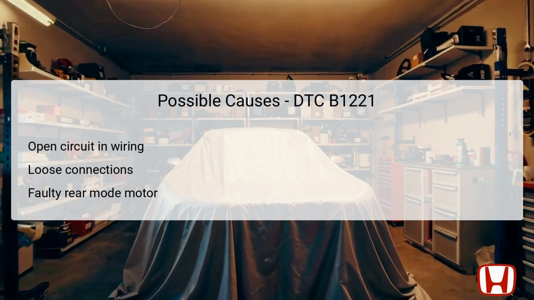Loose connections at either the rear mode control motor or the AC control unit can also disrupt proper operation. Another potential cause is a malfunctioning rear mode control motor that fails to respond to the received signals. It's critical to thoroughly inspect all electrical connections and wiring paths to identify any signs of wear or damage that may contribute to the error. Ensuring that the electrical components are in good working order will facilitate proper air distribution and enhance the vehicle's climate